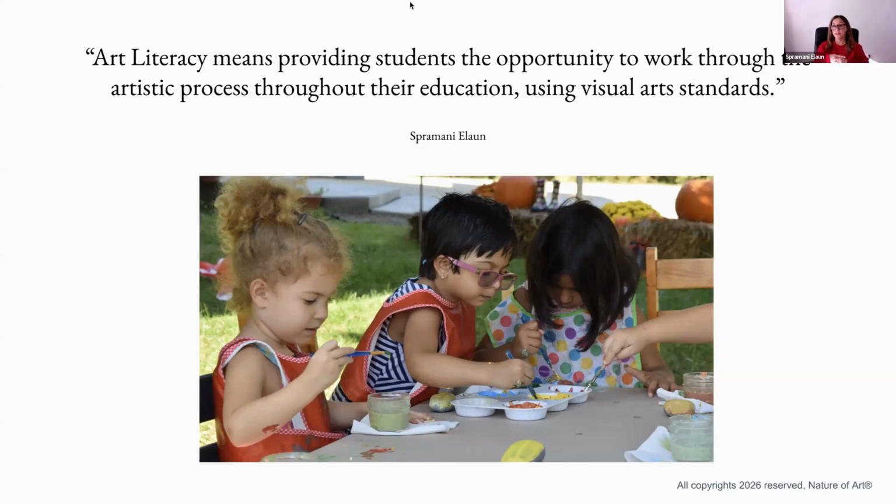And three is constructing. The artistic process means that children should be actually hand making something, constructing with their hands. And the final one for the artistic process is reflection. Reflection is giving children the opportunity to think or communicate about their artworks after they're done.